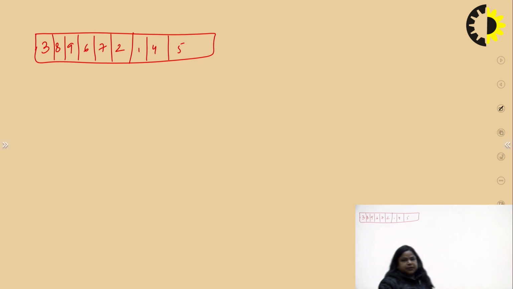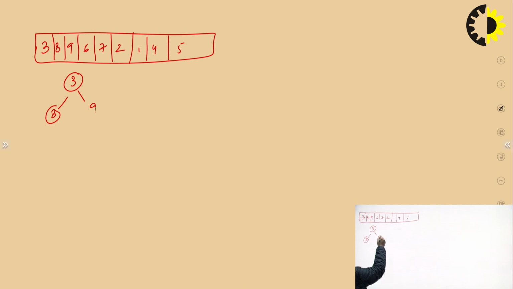After getting this particular array, now you can find the 12 is holding its own position. So after this, we have to again generate the tree. Into this tree, we have to generate like 3, 8, 9, 6, 7, 2, 1, 4